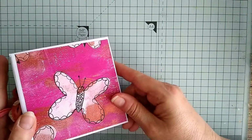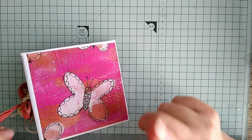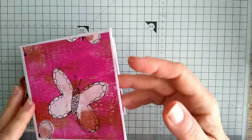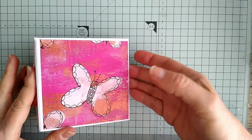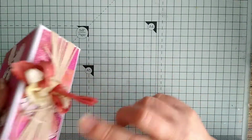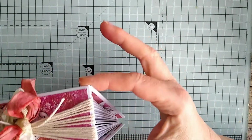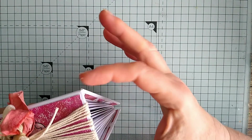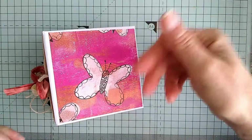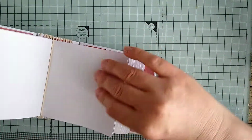So if you saw my earlier video, we were talking about making a mini art journal, and I had a go at making one. I just want to see whether everybody's in the same kind of agreement as me. For a start, this is my prototype, and I think the spine is too wide. I think we only need an inch spine. That's 2 inches. The reason I did more is because I thought we needed more pages, but I stupidly forgot that when you put the pages in,